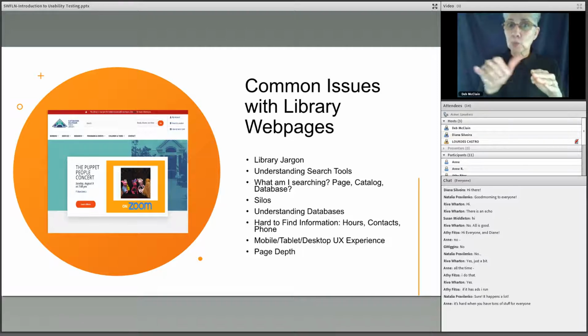Mobile, tablet, desktop. Mobile is more and more where our people are accessing our resources. Even students are doing full papers on their mobile devices. So how does our website work on a mobile? Are we testing on that? Are we developing for that? And then developing for desktop. And then page depth. Sometimes we get into the trees like there's nothing else, because we like details because we're librarians. So really looking through some of that stuff and figuring out how we can make concise and easy to do